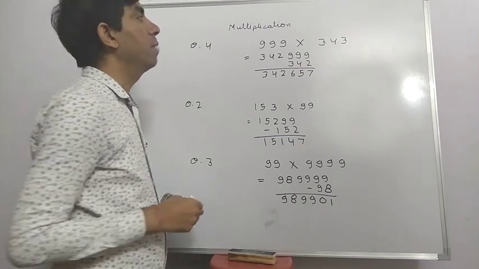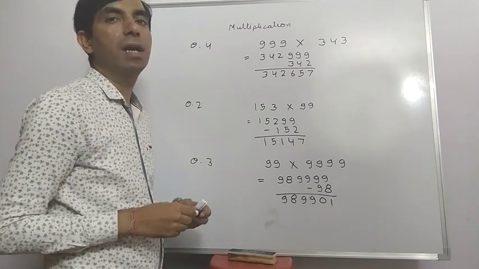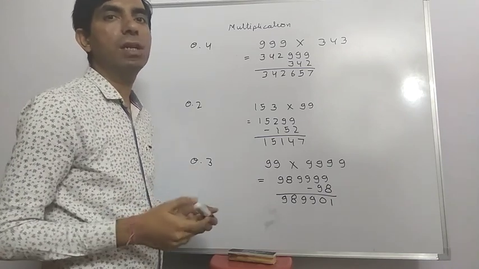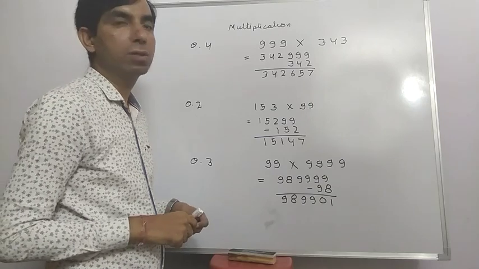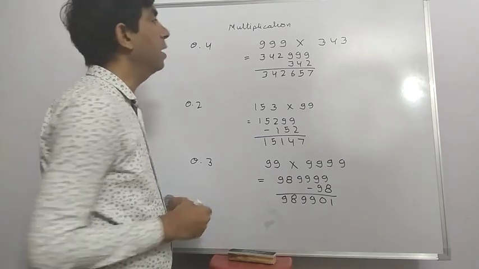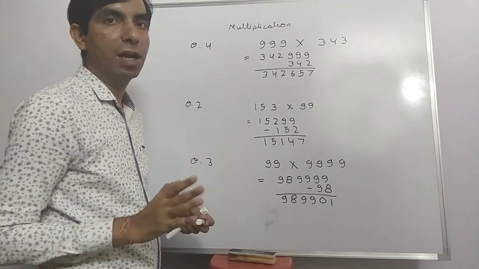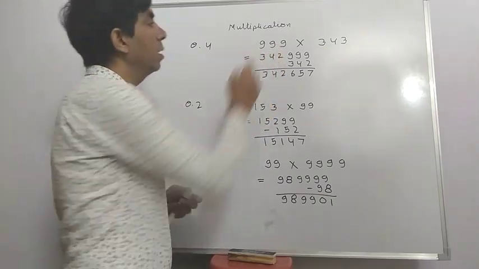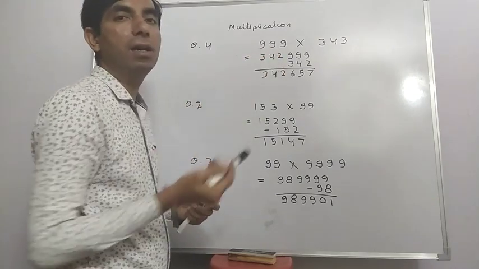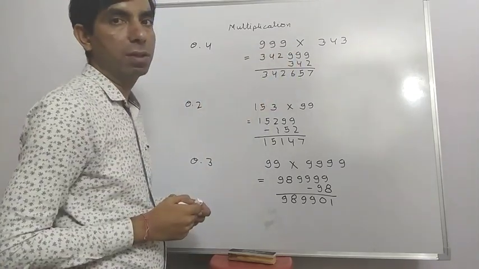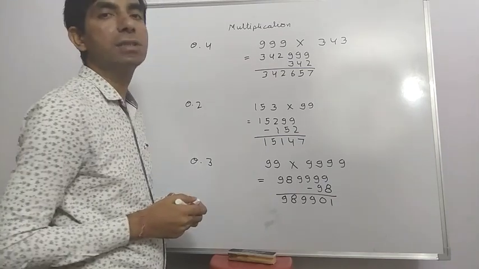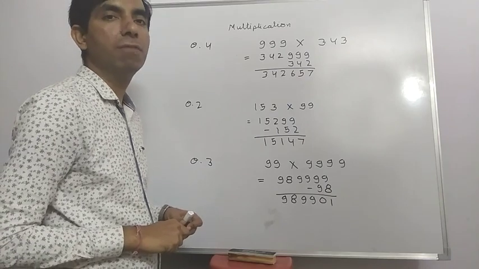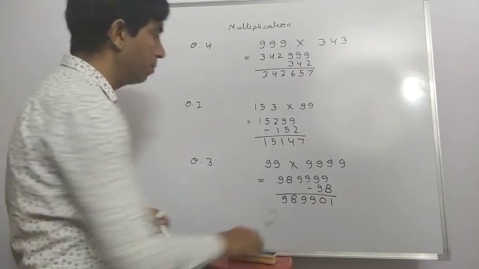We see that if the number made of 999 digits comes before or after, it does not matter, because multiplication is commutative. So we always write the 9 digit number as it is, and for the other number we write the previous number first, then subtract that previous number. Then we get the answer of the multiplication. In this way, we can multiply a lot of numbers with 9 digit numbers.